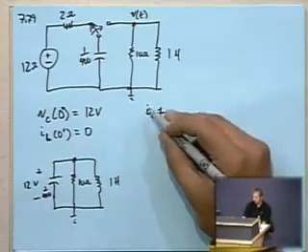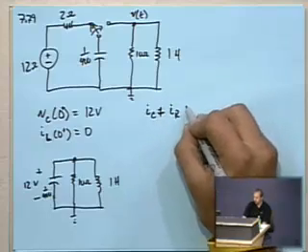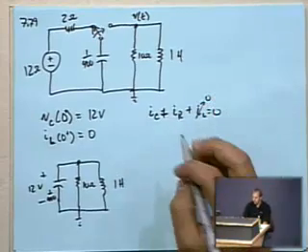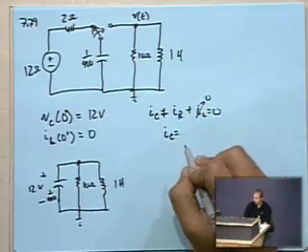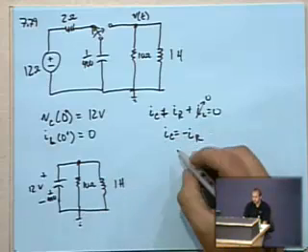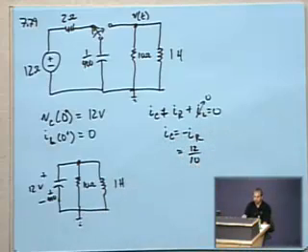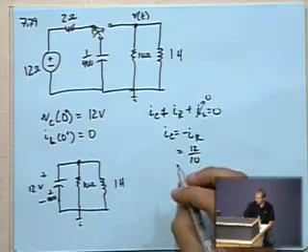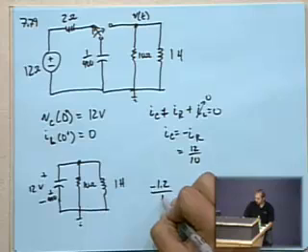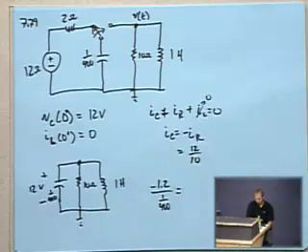Put it this way. The current from the capacitor plus the current from the resistor plus the current from the inductor should all equal 0, KCL at the top node. We know that this is 0, and so the current through the capacitor will be the negative current through the resistor, which is just going to be the 12 volts divided by the 10 ohms. So when you plug all of that in, you've got negative 1.2 over 1 over 400 equals